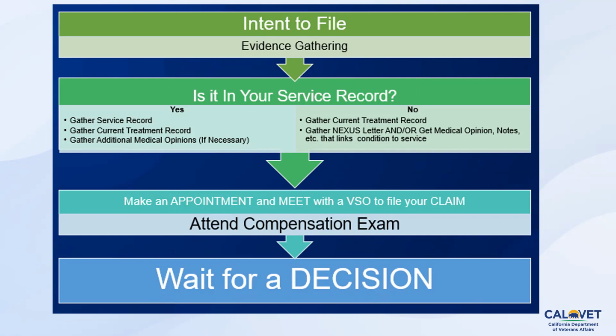VA disability is granted on a scale from 0 to 100%. In essence, what it's saying is that they evaluate the severity of your disability and then assign a percentage to determine how disabling it is. So if you are 50% disabled, what they're saying is that we believe that you've essentially lost 50% of your capacity to do the work that you've done in the past. And we are going to compensate you for that. If you're 100% disabled, essentially what the VA is saying is that we believe as a result of your disability that you are, for all intents and purposes, 100% disabled.